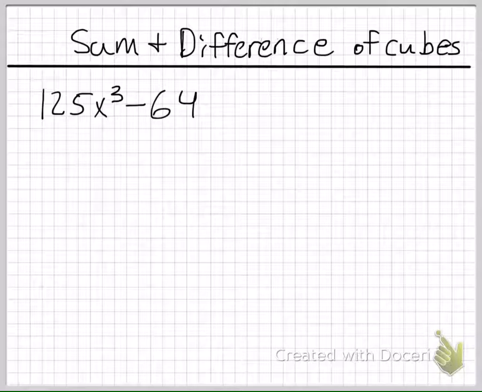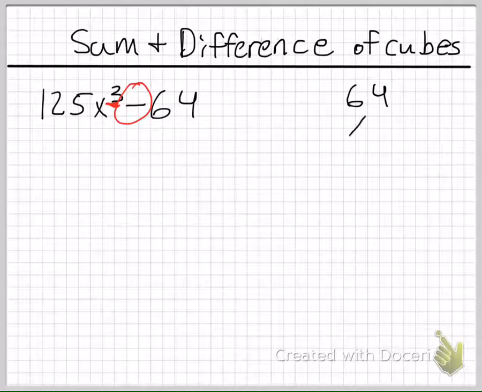Alright, so this problem here is a difference of cubes, and we know that it's a difference because we have the negative, and because we have a cube here. So we think it's potentially going to be a difference of cubes. So the first question is, can I find a cube of each of these numbers? So let's check. 64, we're going to factor that out, and 64 will factor into 8 and 8,